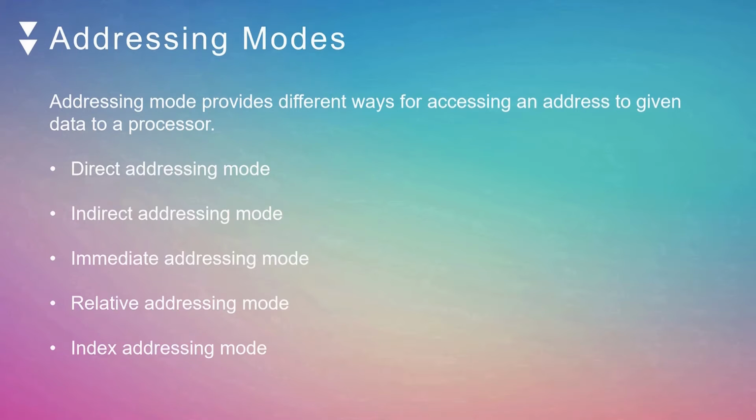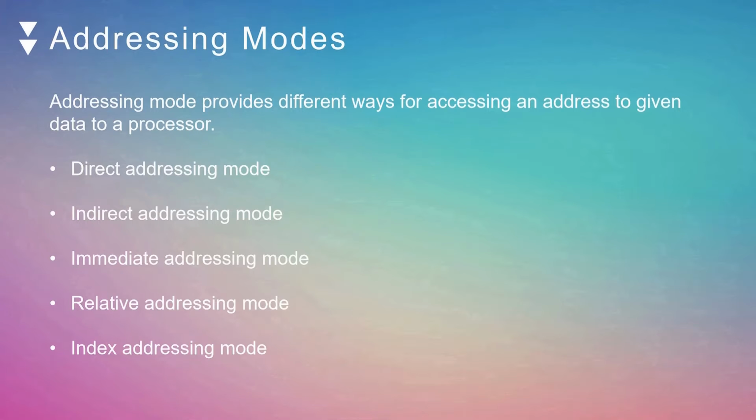Now, here are addressing modes, which provide different ways of accessing an address to give data to a processor. There are 5 types of addressing mode. First is direct addressing mode. In the direct addressing mode, the address of the operand is given in the instruction and the data is available in the memory location which is provided in the instruction. We will move this data in this